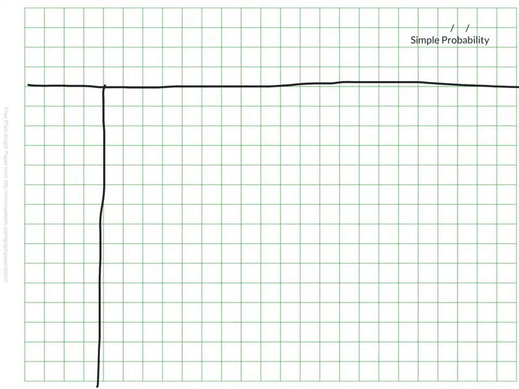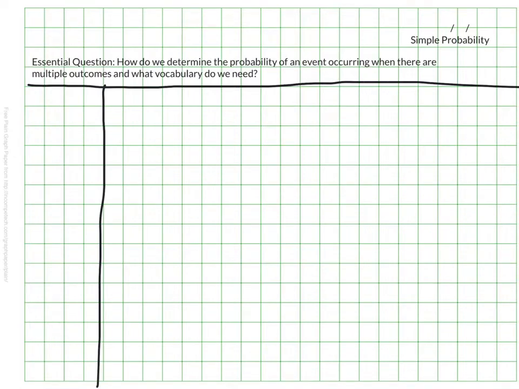This video is going to cover the topic of simple probability. Be sure the date and topic are at the top of the page. The essential question is a little bit long, but make sure you have it all here at the top. How do we determine the probability of an event occurring when there are multiple outcomes, and what vocabulary do we